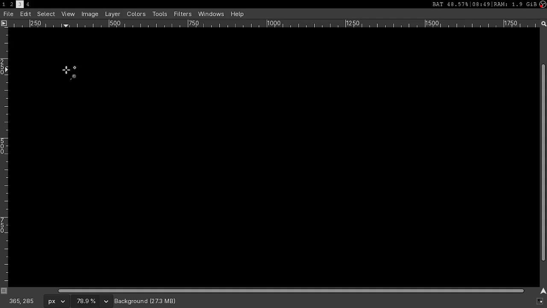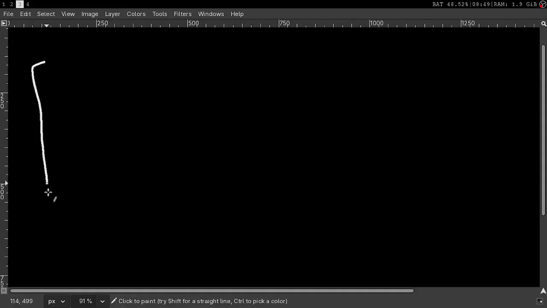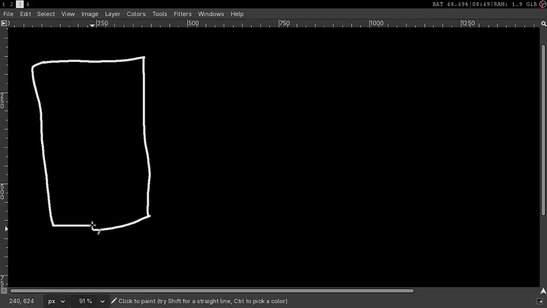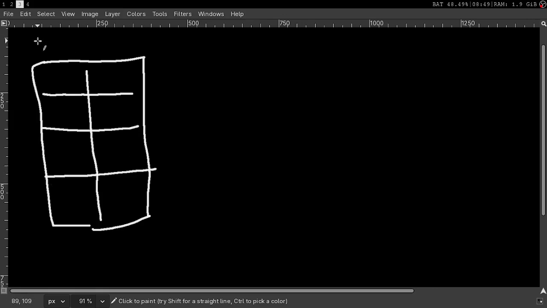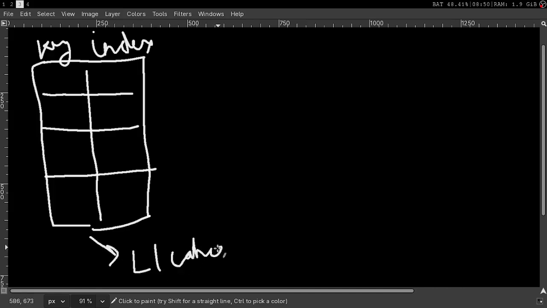Okay, so the architecture we will be using is a table belonging to a log. The architecture is really simple. We will be having a table of a key belonging to an index. I will be telling what index. Key belonging to index. This table will be living inside the L1 cache. It will be a really short table in size, so it will be living inside the L1 cache, and we'll be having a